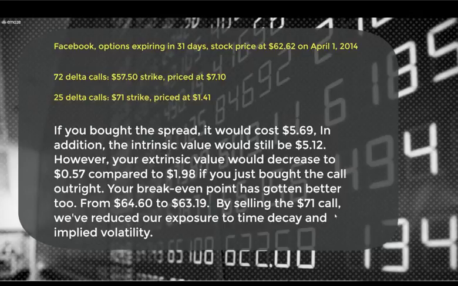So when we understand the implied volatility, we understand the time decay, we understand the probabilities of options, we look at this and go, well, Josh, that kind of makes sense. I don't think it really is going to go to 71. Why wouldn't I sell that 71 strike? Exactly the reason why is because we not only reduce our cost and increase our probabilities of success, but we get a better opportunity to make money at the end of the day if we're right on our price direction. Let the stock go past 71. Who cares? You got it from 57.50 all the way to 71 if that does happen. Let someone else take the risk.